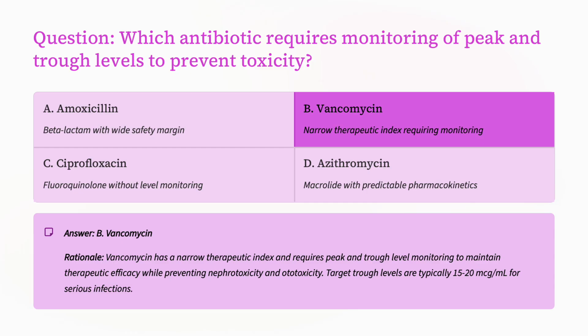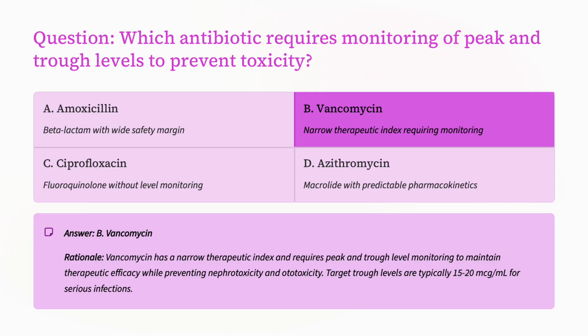Okay, so let's look at our antibiotics or anti-infectives. Which antibiotic requires monitoring of peak and trough? First off, you need to understand what a peak and a trough are. A peak is the medication's highest level in the blood, when it is working its most effective. And the trough is its lowest. We know this antibiotic could cause toxicity, and we need labs drawn to see the level in the blood. That's what the question is asking.